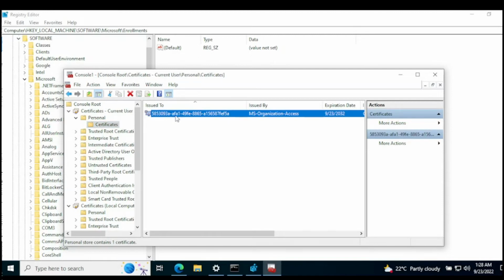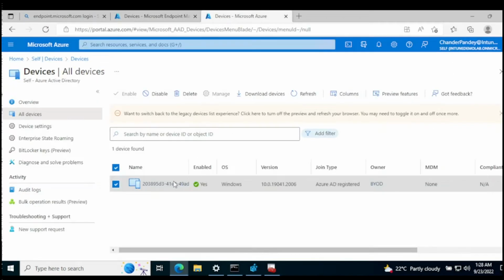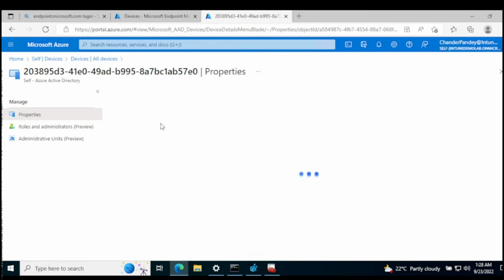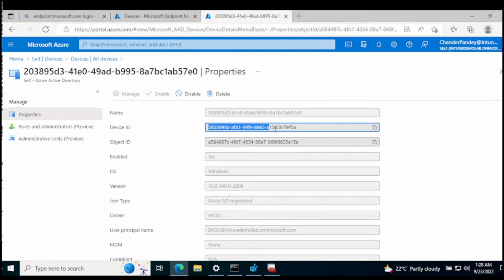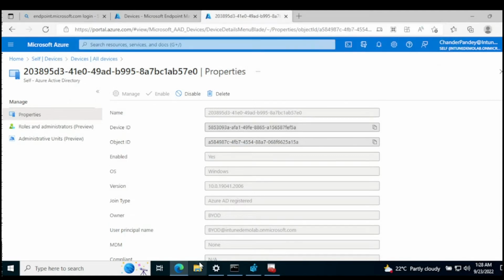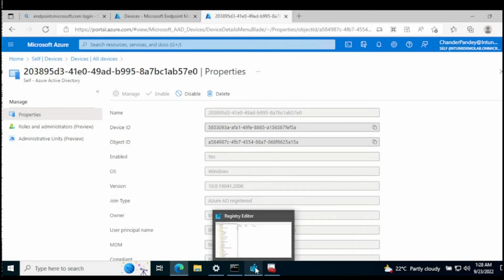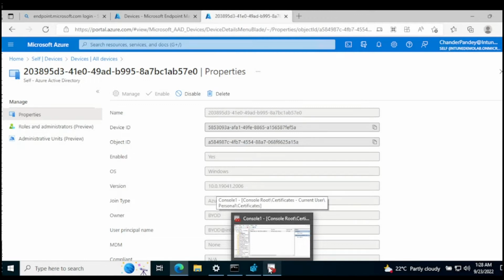And we talked about this GUID, right? The certificate is issued to 5853, and this one is my Azure AD device ID. Just click on that, and under Properties I can see that this is my device ID, and I can see the same thing under the URL also. This is my device GUID. So now we know that if automatic enrollment is not enabled, and we just click on Connect and then enter the username and password, the machine is only Azure AD registered, but the machine is not going to join Intune. Okay,